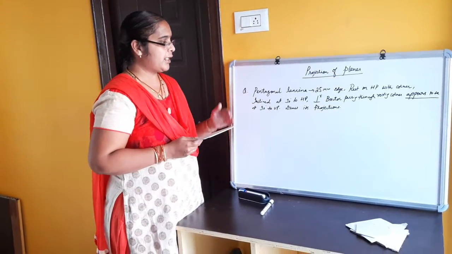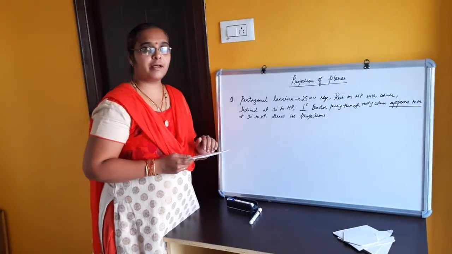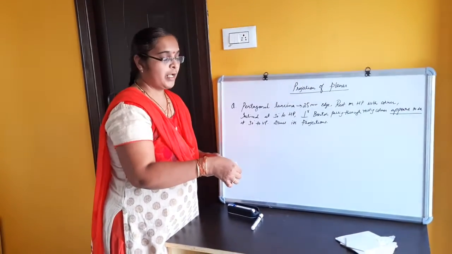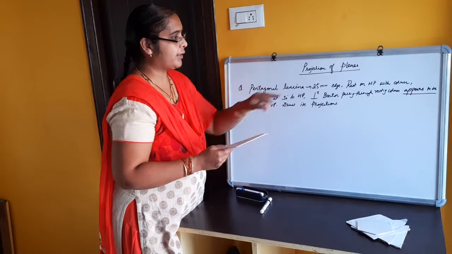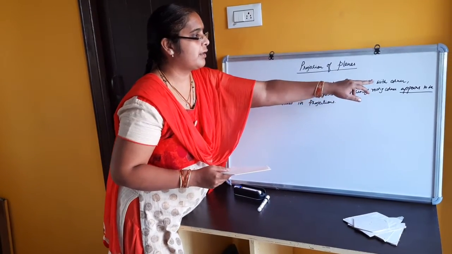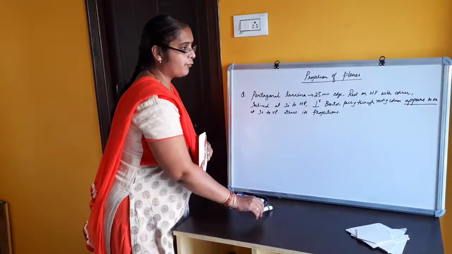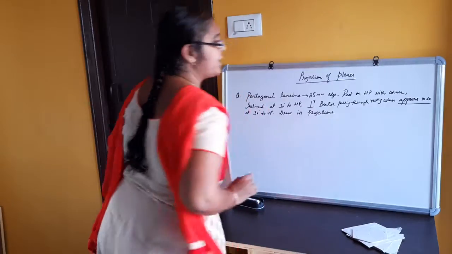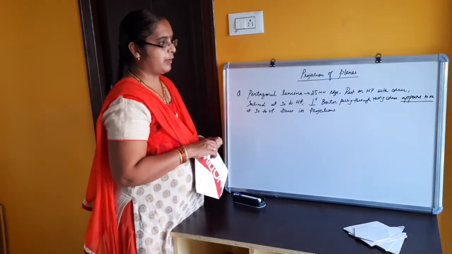We already know the different types of laminas, how different positions, how to deal with the different cases. Now in today's case, I am taking an example of pentagonal lamina which is resting on HP with one of its corners, and it is inclined at 30 degrees to HP, and its perpendicular bisector is passing through the resting corner which appears to be inclined at 30 degrees to VP. So our main focus is on this apparent angle. Appears to be means it's a problem of apparent angle. So let us solve this problem today.